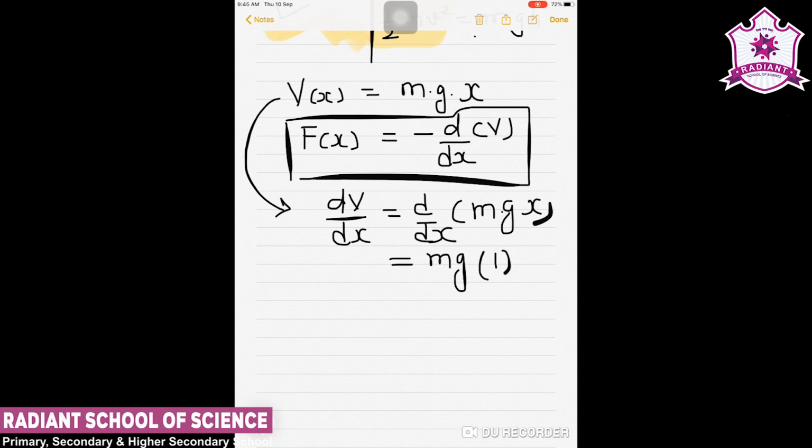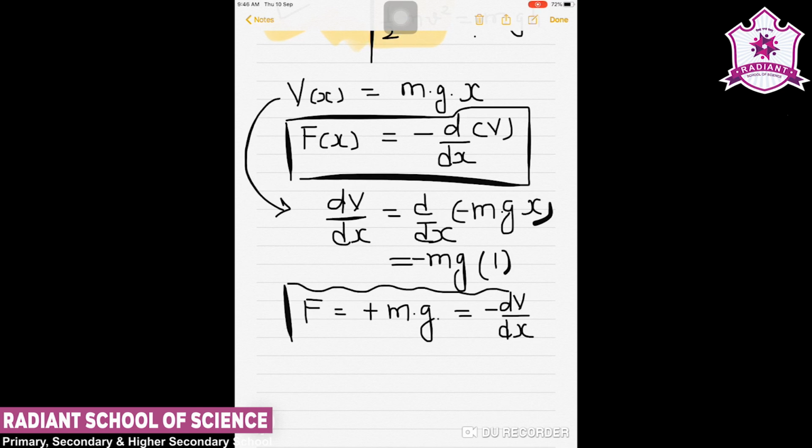But here, when it is the matter of gravitational force, we can say that the force is against this motion, or the potential energy, and therefore it is termed as minus mg. So F is equal to minus mg as per the actual equation, that is a stored energy, and that will convert into the force, that is F is equal to minus dV by dx. So this is the concept of potential energy and the explanation.